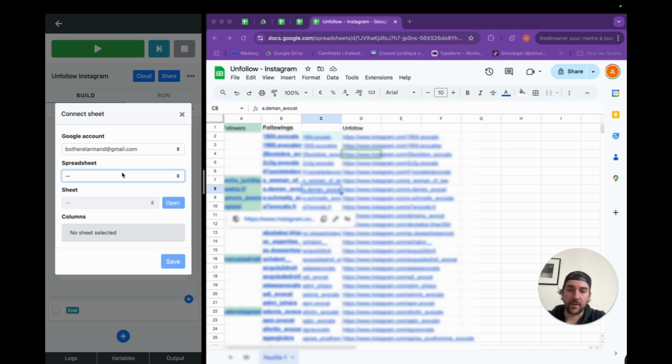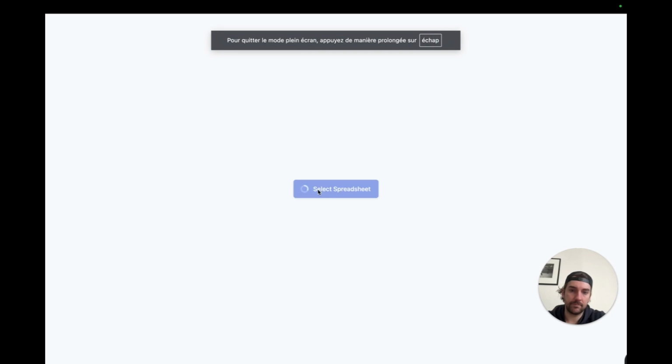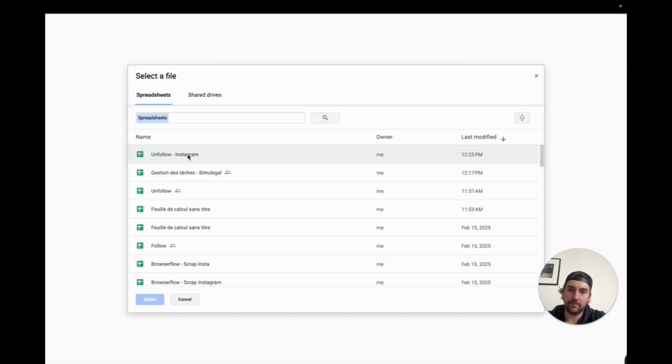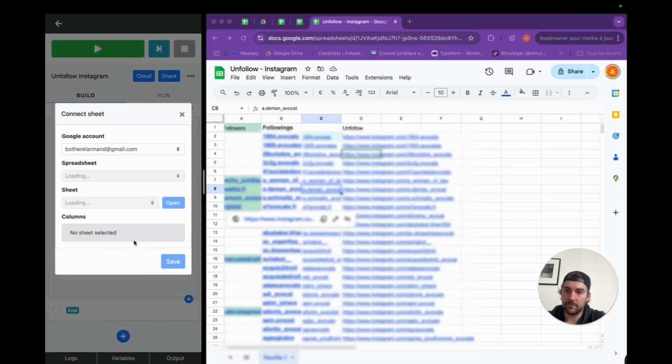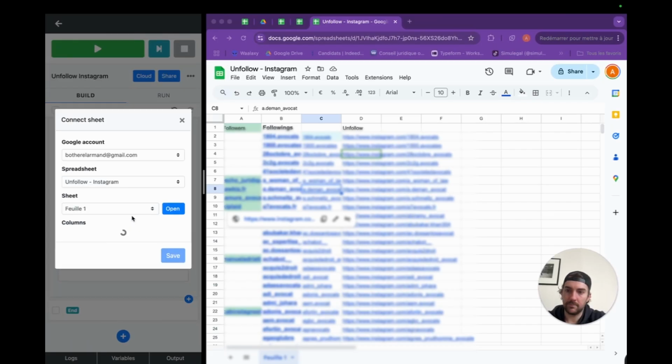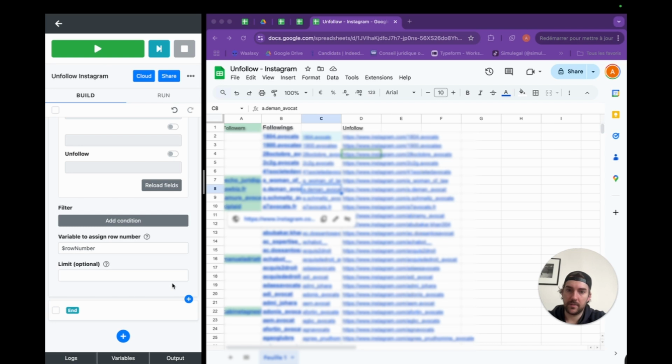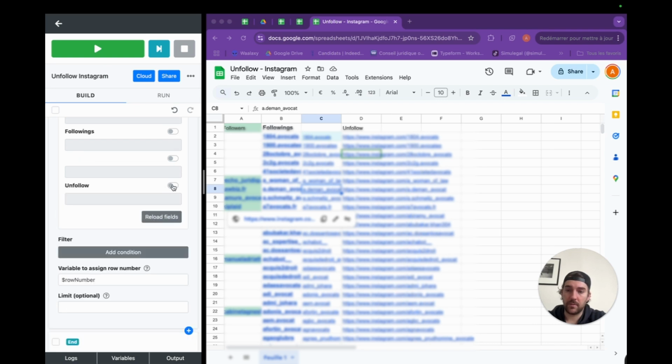And now we're going to find the spreadsheet. We click on our spreadsheet, select, and save. And don't forget to click on this button so that Browserflow has access to all the data in the column Unfollow.